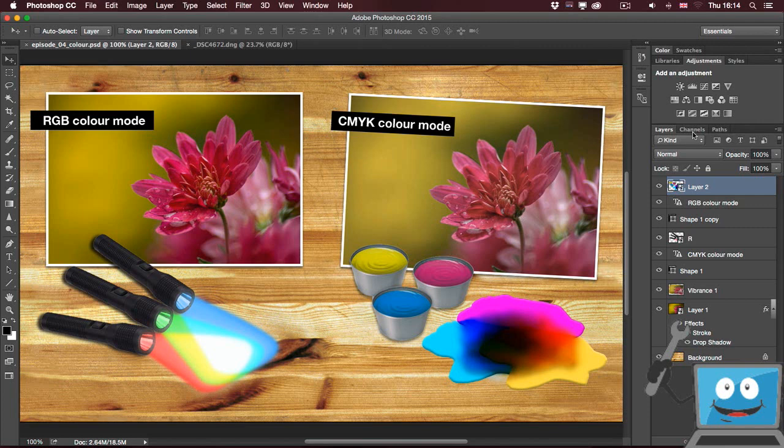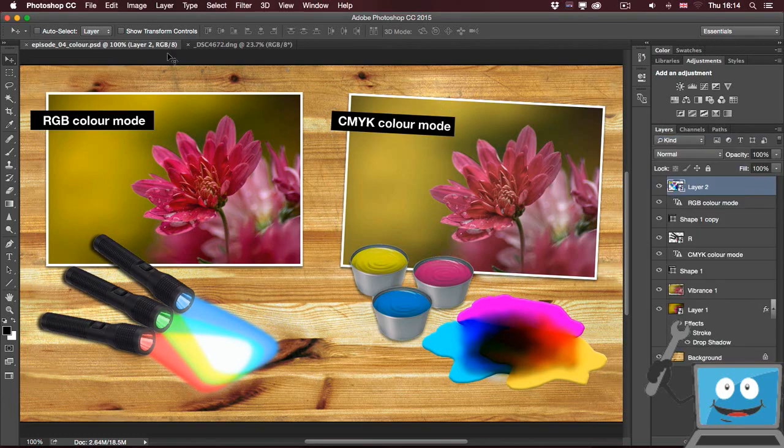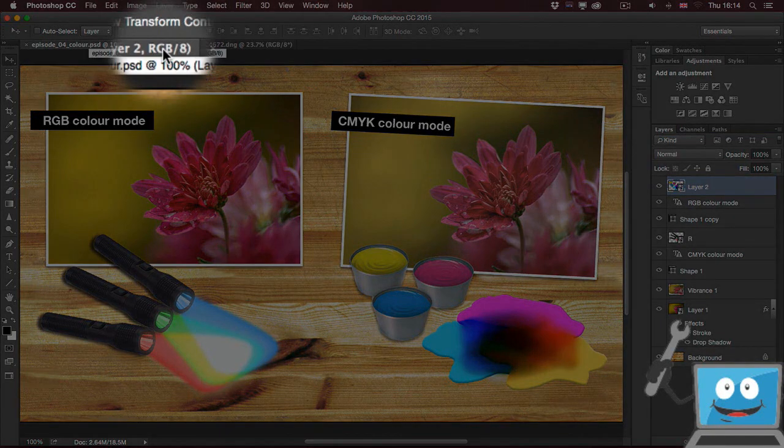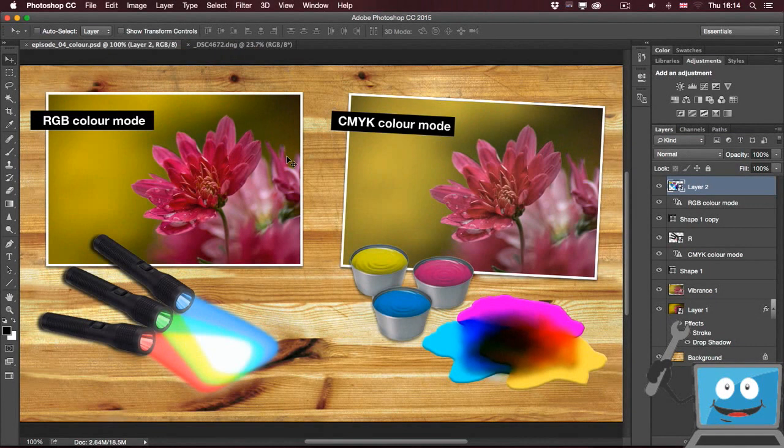Even this image here, if I go to the channels, I can see it's in RGB. I can also tell that by looking at the document tab. It says that it's in an RGB color mode. Now, this is just a simulation here, but I can show the main difference between the two modes